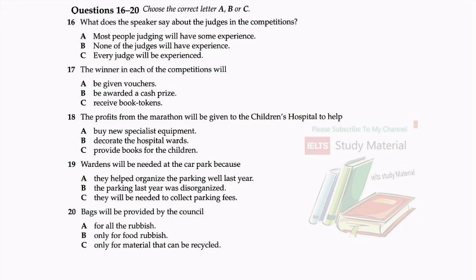Now, the third team will be the judges. For each of the various competitions, we will have 3 judges. On the whole, they will have had experience of judging before. There will be a boat race, a swimming competition, and the best fancy dress. A cash prize will be given to the winner in each category, and for the 2 runners-up, there will be